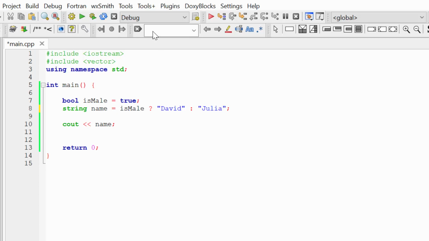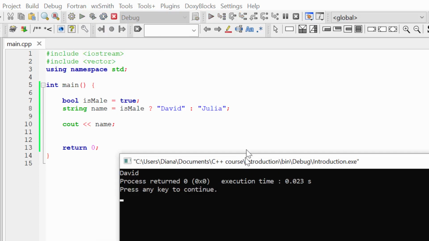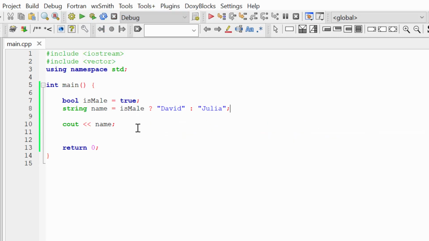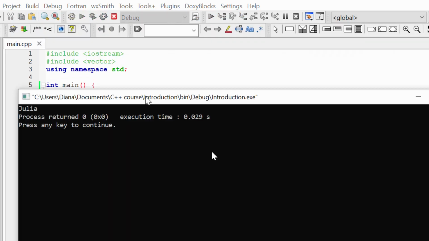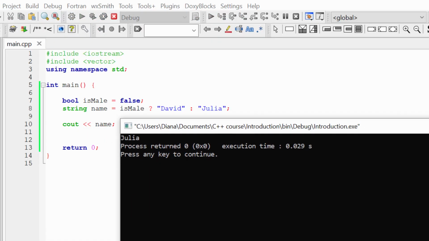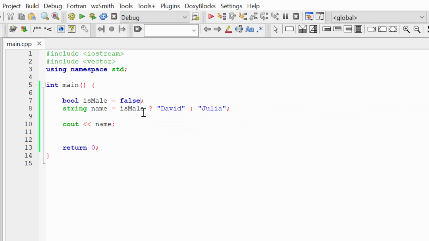Now let's build and run this code and check the result, and you can see that the result is still David. If isMale is false, let's build and run our code again, and you can see that if isMale is false, the result is Julia. So this question mark and colon are called the condition operator.